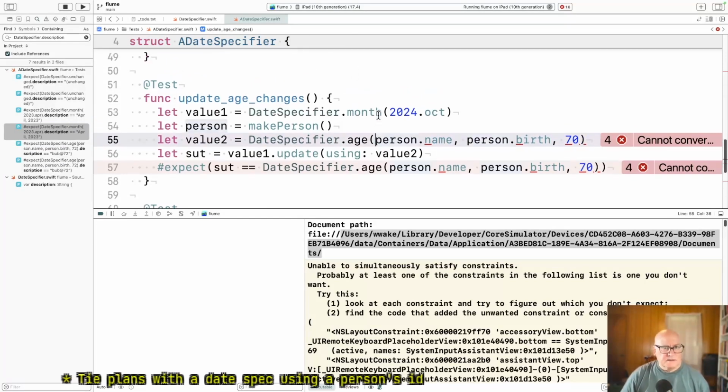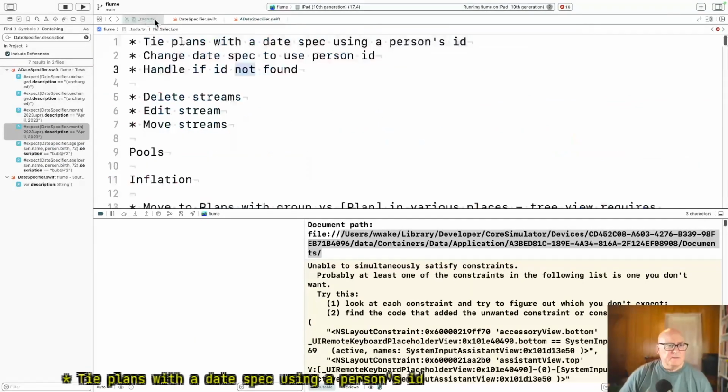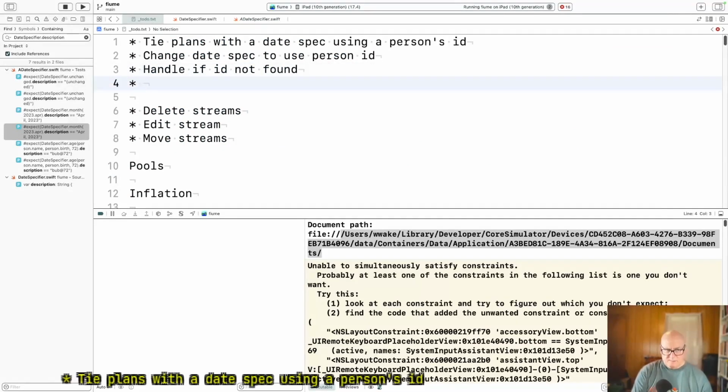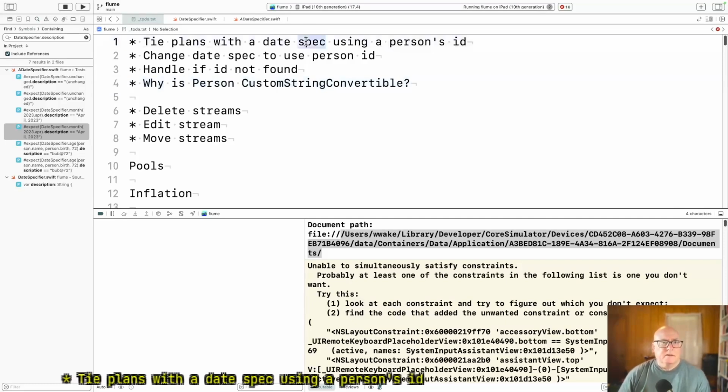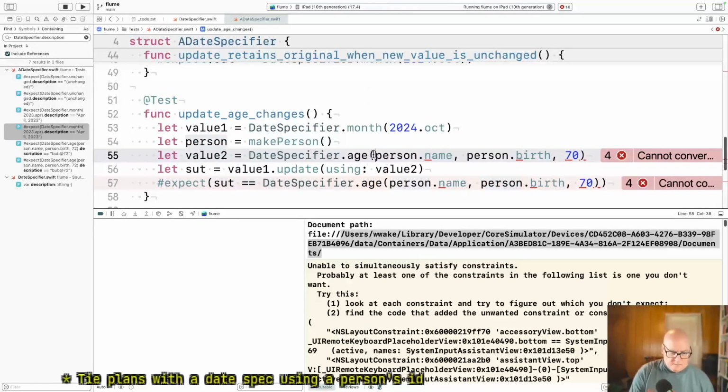All right, let's fix the other issues. But let me leave a thing. I think maybe it's being used implicitly in a view. Okay, so tie plans. Well, we can just do person.id.